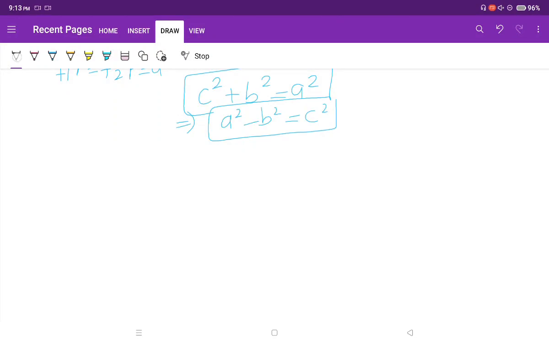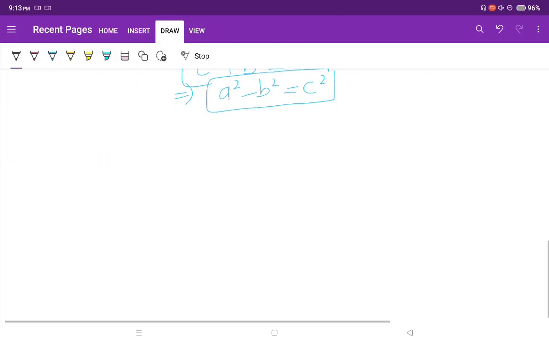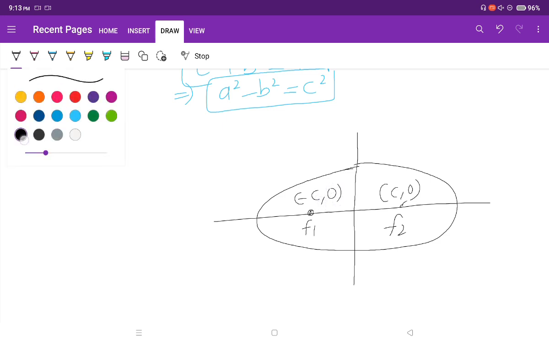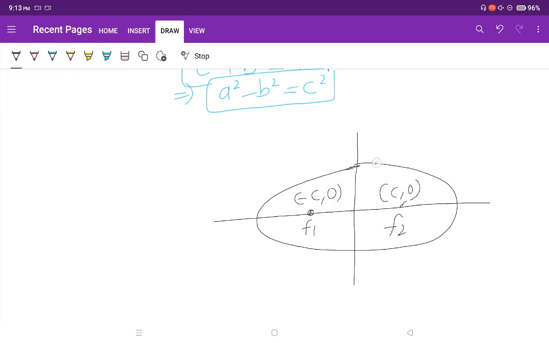For the equation part, what do we have? We have an ellipse with foci F1 and F2 at coordinates (c, 0) and (-c, 0), right? So what is the basic method to calculate the equation of any curve? Take a general point P with coordinates (x, y) and try to relate this (x, y) with the given (c, 0),